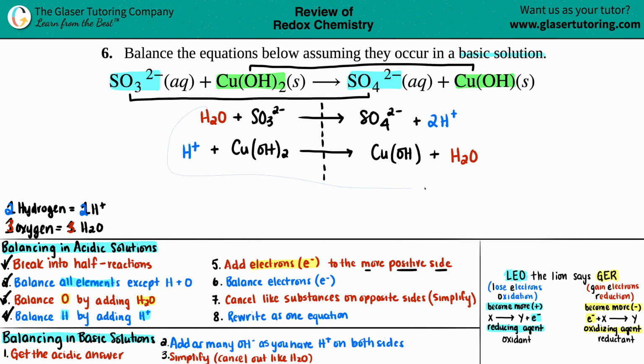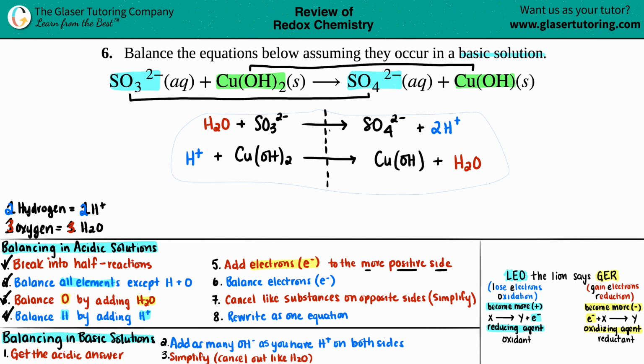And I'm going to bring this down a little bit just so that I have a little bit more room, because we need to tally up what the total charges are on the left and the right side. But it's pretty simple because all you're looking for are numbers in the upper right-hand corner. So for example, for sulfite, I already see a -2, so I'm going to take that into consideration. But for water, I don't see a number in the upper right-hand corner. Anytime that you don't see a number, that's always a 0 charge. So I have 0 coming in for H2O,